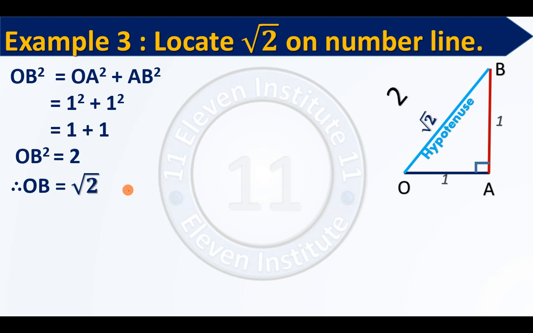Now what we have done is we went in reverse. We pre-assumed that our hypotenuse should be equal to root 2. Root 2 square is 2, and on the basis of this we found out the values of base and altitude. So now this is very clear. We have to construct a right angle triangle whose base length is equal to 1 unit, whose altitude is also of 1 unit. And when you draw a triangle like this and draw its hypotenuse, that hypotenuse will definitely have the length root 2. We will measure this length root 2 with the help of a compass and plot it on the number line, which is quite simple.